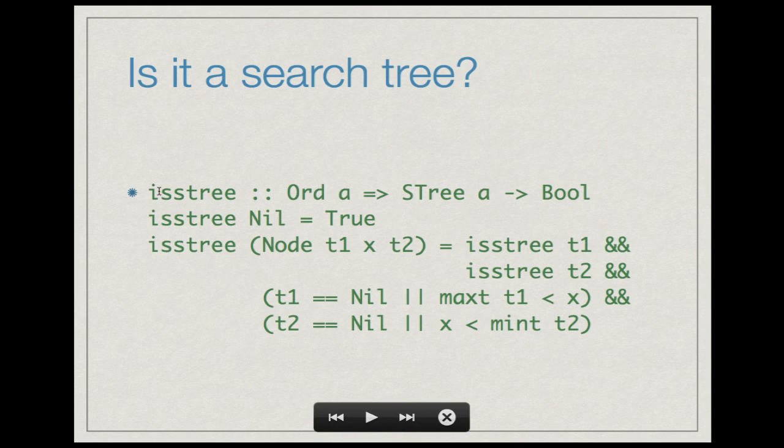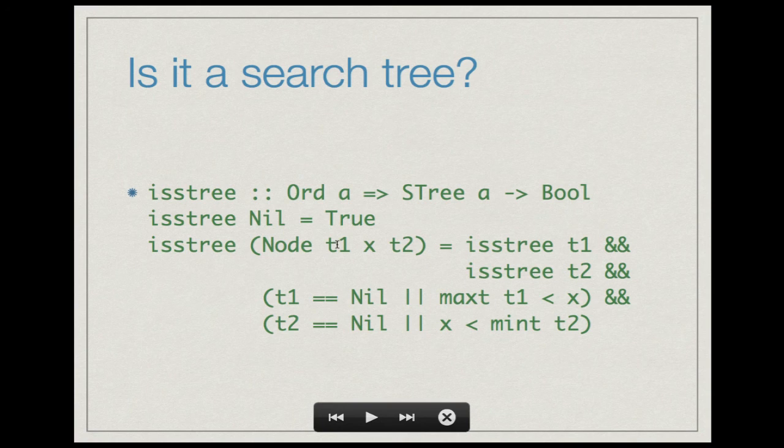This is a function isSTree whose signature is Ord A implies STree A arrow Bool. isSTree of Nil is just True because the empty tree obviously satisfies the binary search tree property. isSTree of Node T1 x T2 is nothing but isSTree of T1. The left subtree should recursively satisfy the search tree property. The right subtree also should recursively satisfy the search tree property. So isSTree T1 and isSTree T2, and